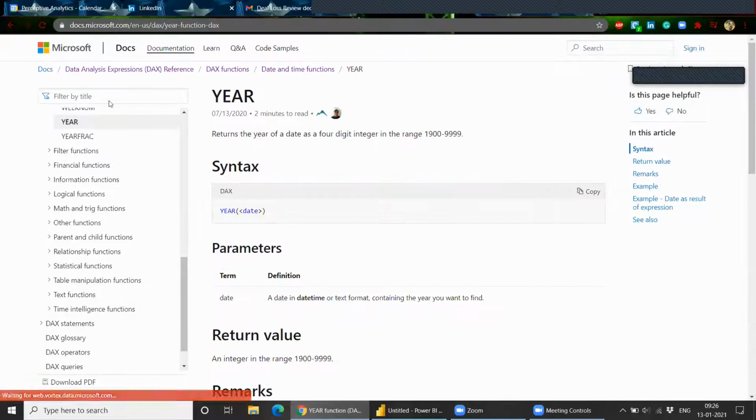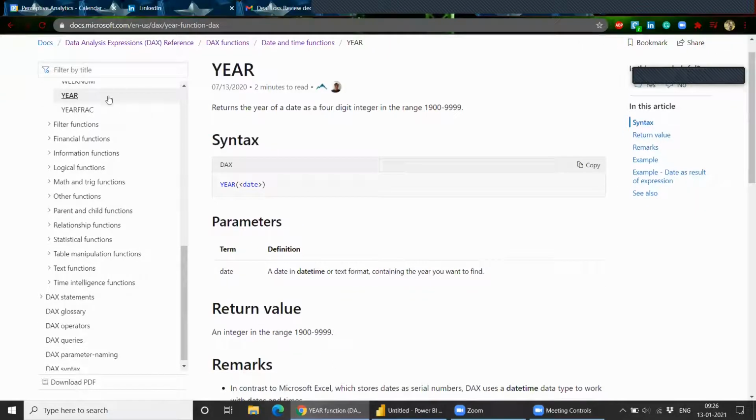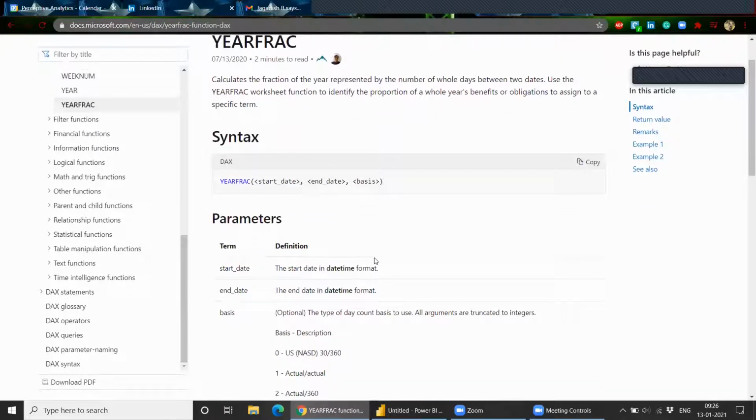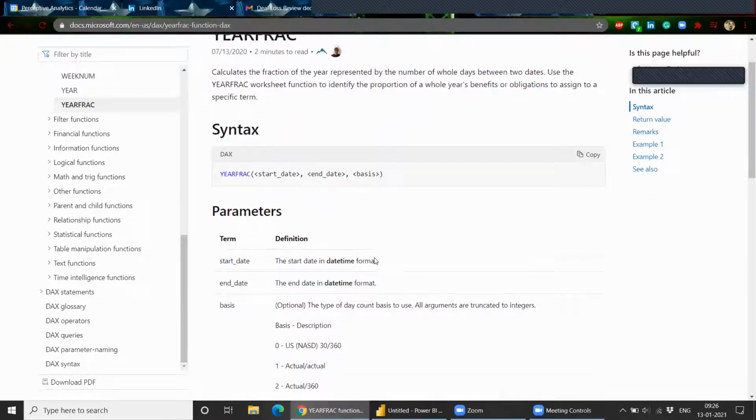Then we have the Year function. This Year function will just fetch the year out of your date. And the last is Year Fraction. Even I'm not completely sure of it, but what it does is it calculates